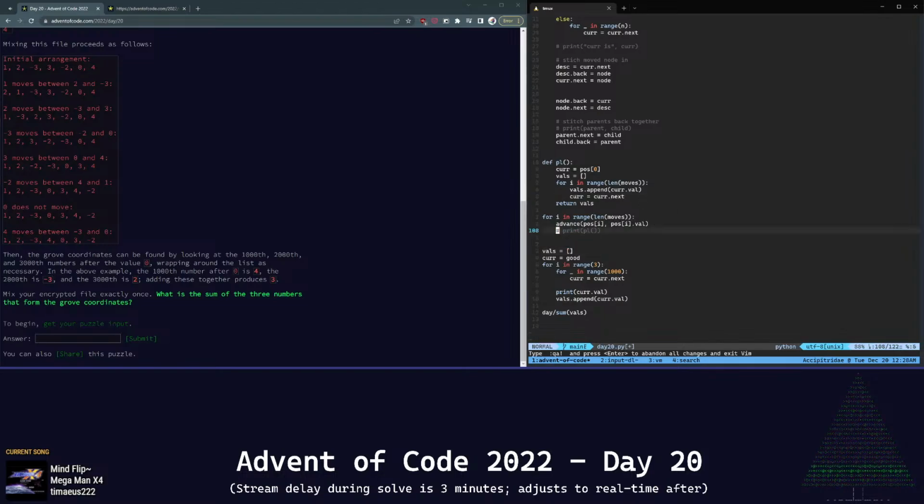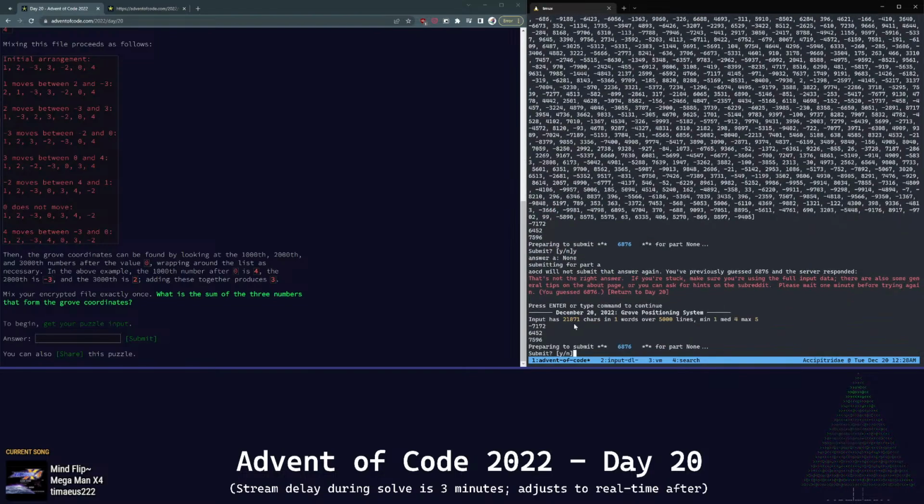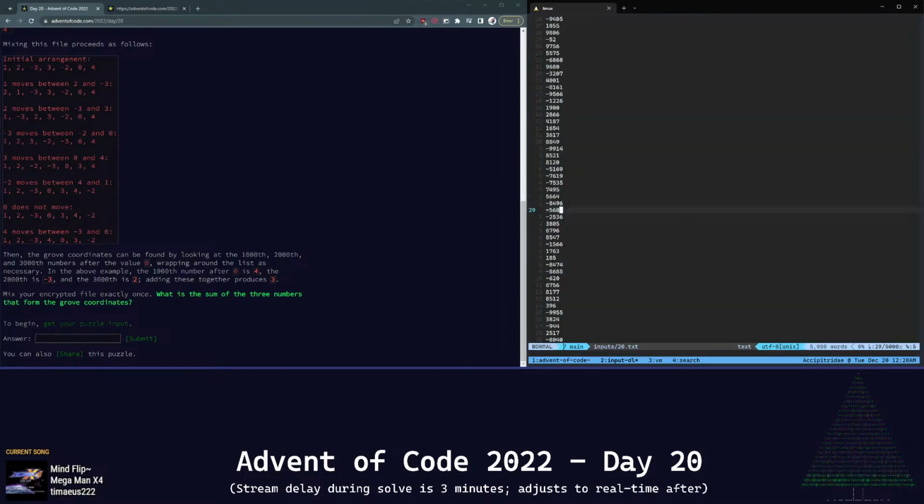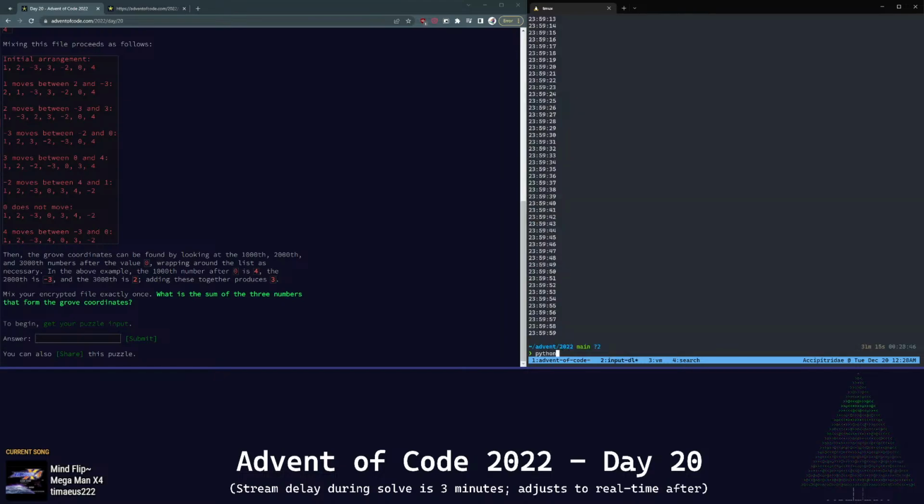Let's think about this a little. It's 5,000 lines long, so we probably should just take everything mod that, right? Does mod work that way for negative numbers? I always have to continuously check. -7 mod 5. I mean, does this actually work too? We just